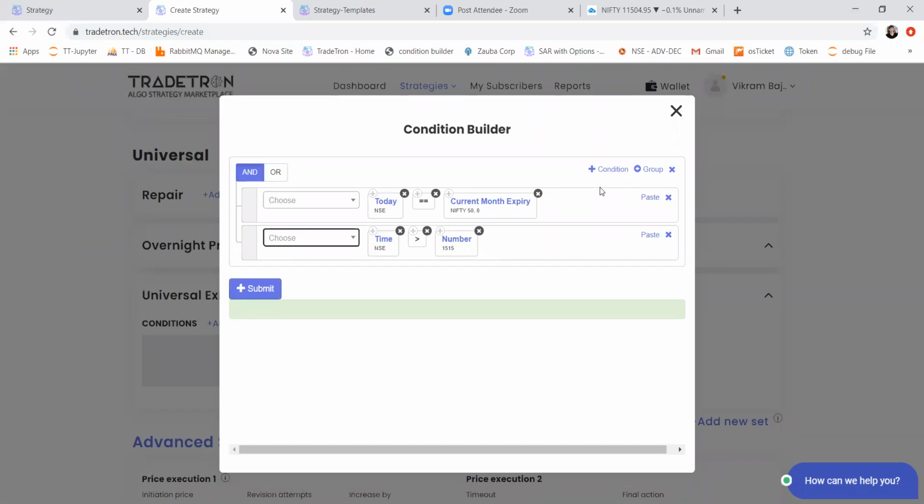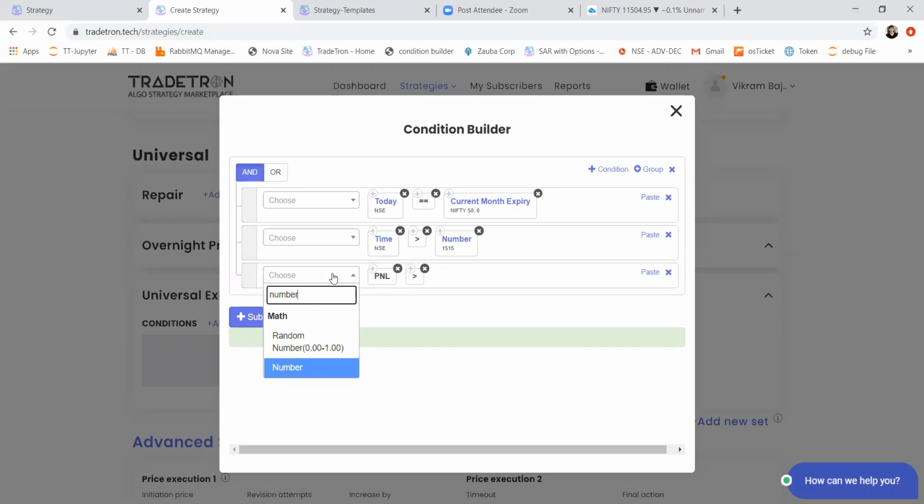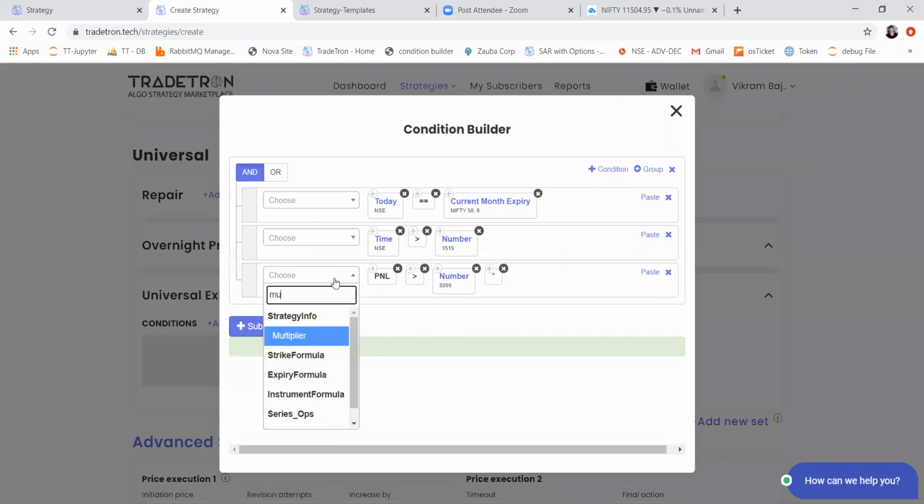Now let's see some more complex exit conditions. So let's say I want to club a PNL based exit also. So how can one do that? So if PNL is greater than 5,000, let's say, this is my target profit, and we will multiply it with the multiplier.